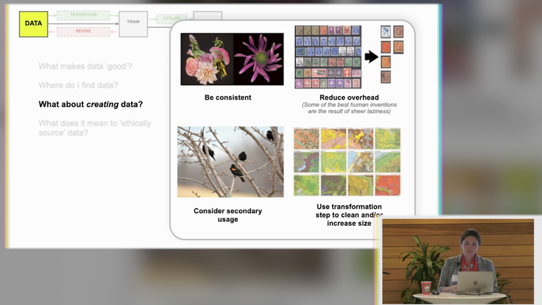Also, in creating data, consider secondary usage. I put some birds up here because I don't know if anyone else does amateur ornithology, but it could be an interesting opportunity to consider. If you're collecting all of these images because you would like to create a model that can generate images of birds, maybe there's a research arm somewhere nearby that could really use some more photos of birds and trees around here in Vermont, or something like that. So maybe consider secondary usage, and